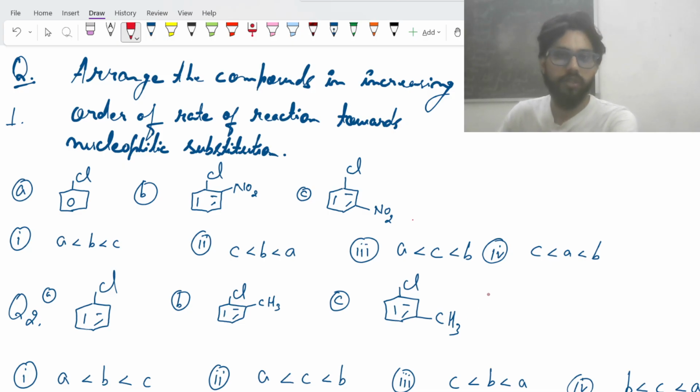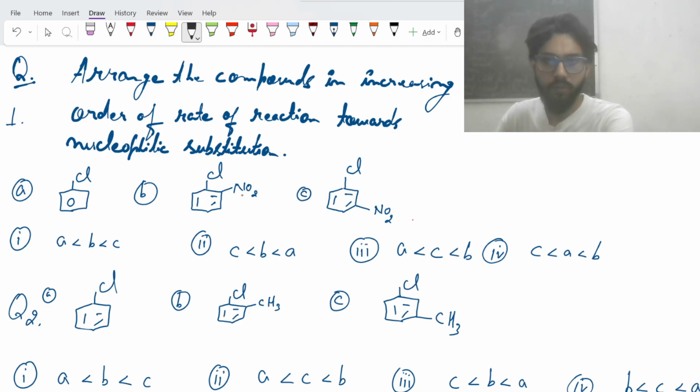The very first question is: arrange the following compounds in increasing order of rate of reaction towards nucleophilic substitution. Okay. So we have these three options, three compounds A, B and C. And you can see the first one is your chlorobenzene, and this is your